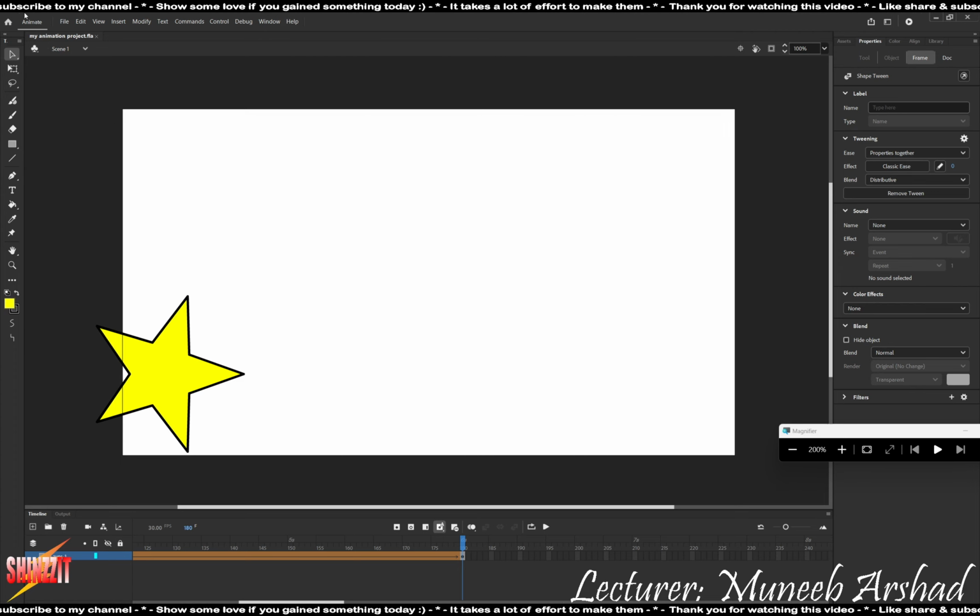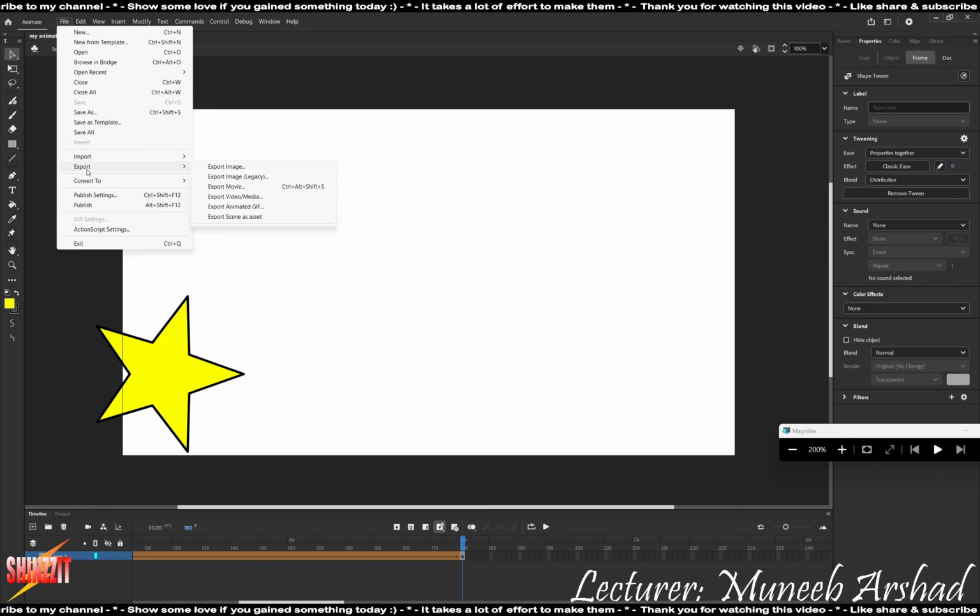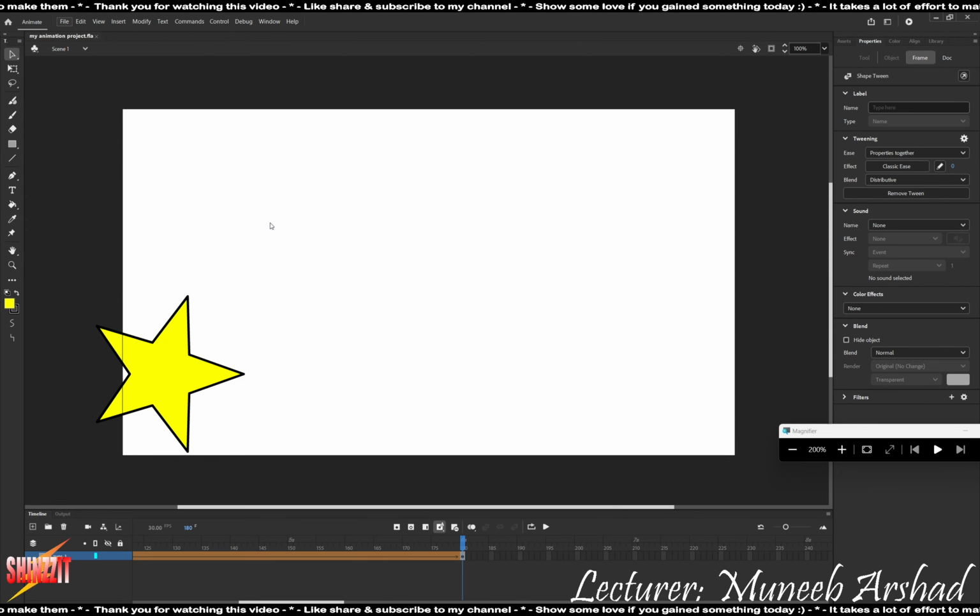अच्छा, इसी तरह अगर वो animated GIF का कहता है तो GIF sequence is not animated GIF. GIF sequence अभी हम कर रहे थे ना, export movie में आ रहा था, GIF sequence, that is not the animated GIF. फाइल में गए, एक्सपोर्ट में आए, animated GIF कहाँ है तो animated GIF पे क्लिक करना है. मूवी पे जाके जो GIF sequence है उसको नहीं सिलेक्ट करना. Animated GIF, select this,